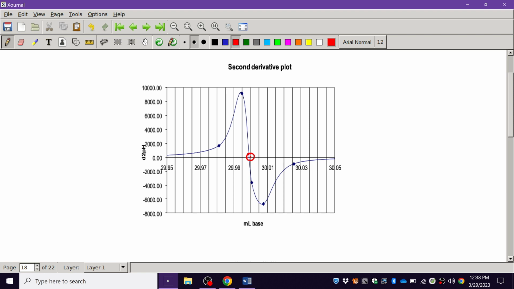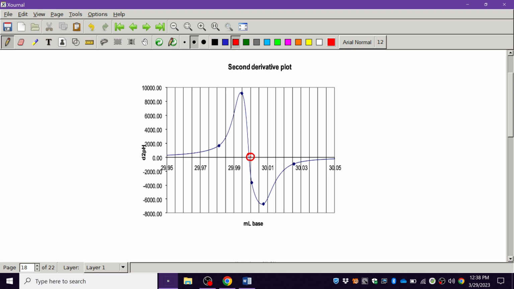And so if I look at this, again, this is very precise. I expanded my x-axis tremendously to see this. There are ways of doing this in Excel, which I hope you remember, at least if you're in my lab class, because I taught you how to do it. You can also do it in Capstone,